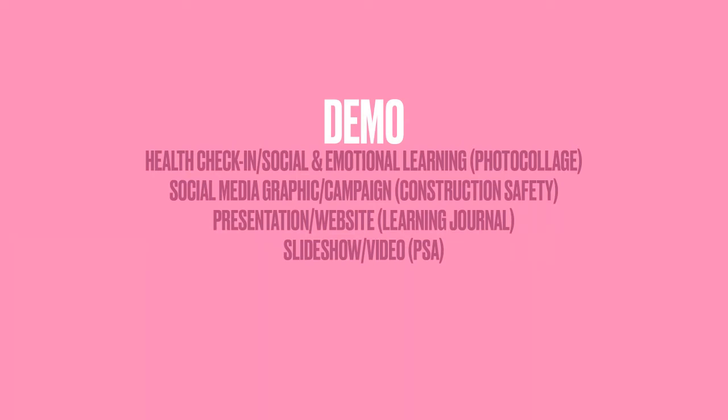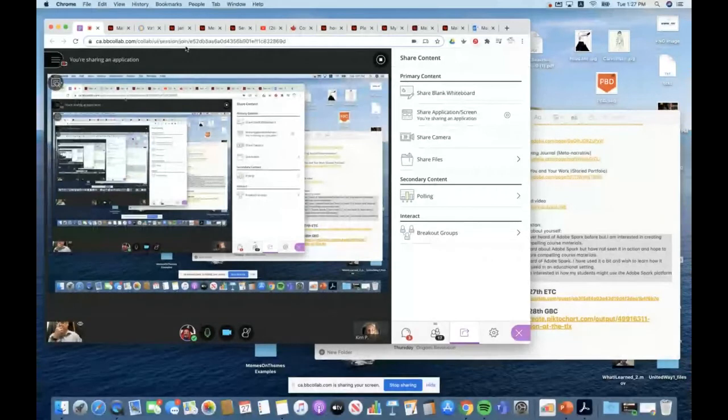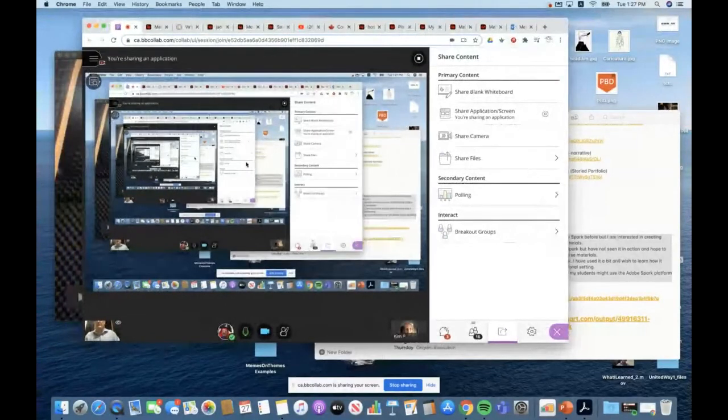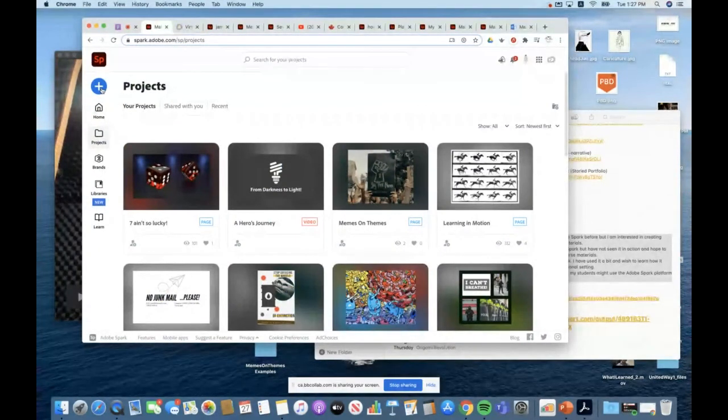Just want to get to, yeah. So Jim, apparently we're not seeing the presentation here. Sorry. Yeah, you need to share your Chrome tab. Okay, so just get back to screen sharing. If you're able to share your Chrome tab, then we'll be able to see everything that you're doing. Rather than this screen, if you go over to share and click on share application screen and then choose Chrome tab, then we won't see picture in picture in picture. Yeah, okay, you should be good now. You can see that?